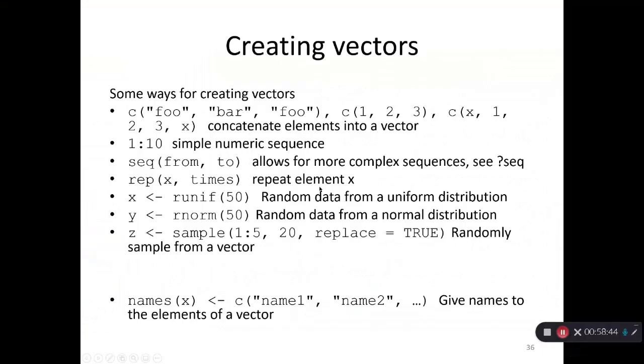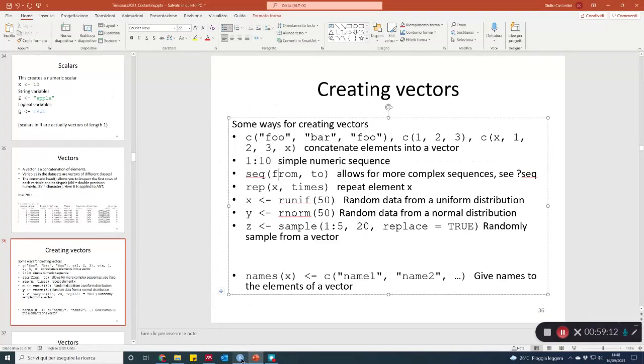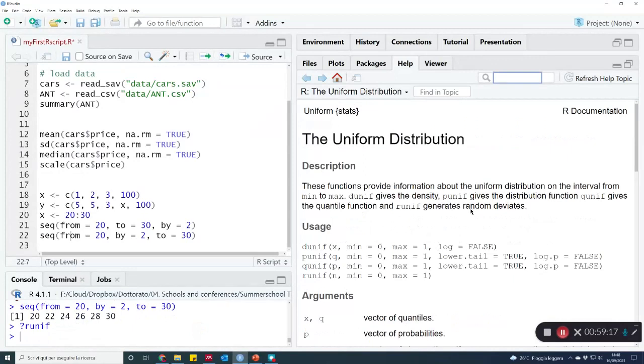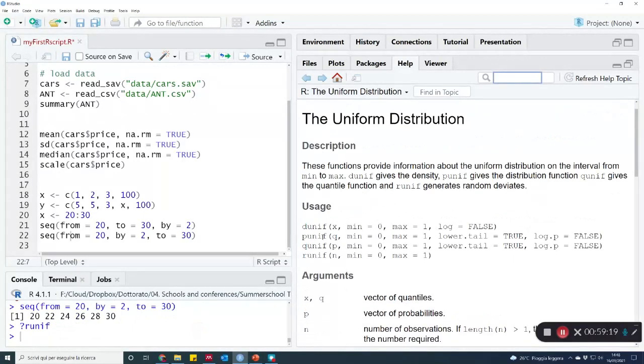So other ways to create arguments, you can repeat using the function rep, and repeat an element as many times as you want. You can generate numbers from a random uniform distribution, from a random normal distribution, and for many other distributions using this function, random uniform, random normal. For example, this command would generate a vector of 50 random numbers from a uniform distribution, which is spaced between maybe 0 and 1. If you don't know, you go to the help file, and it tells that the random